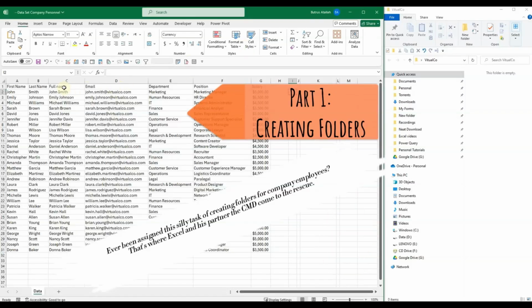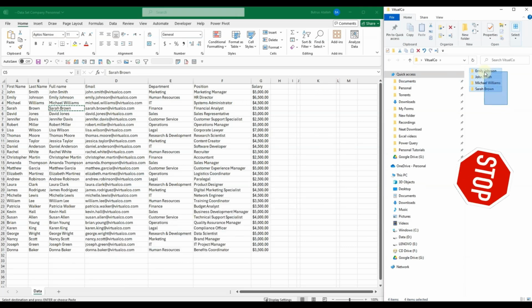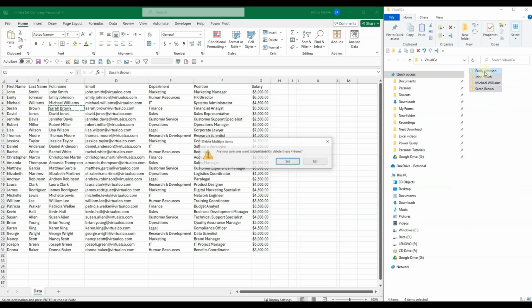Let's say you've been provided with an Excel file of all company employees. So you start by creating folders manually, copy and paste the names one by one. Well, I'm gonna stop you there and I'll show you a faster way using Excel and CMD to create employee